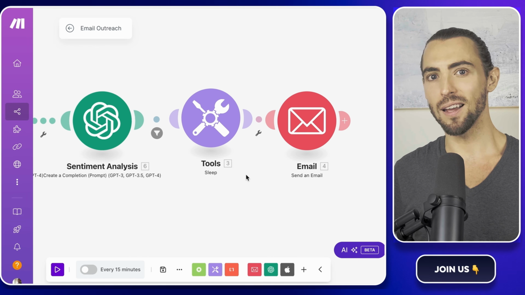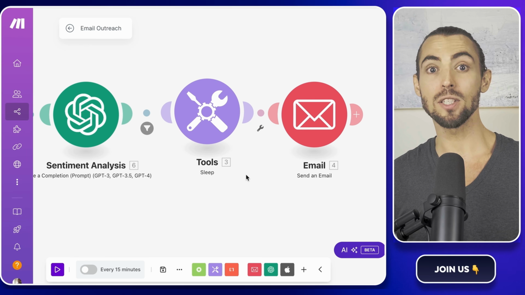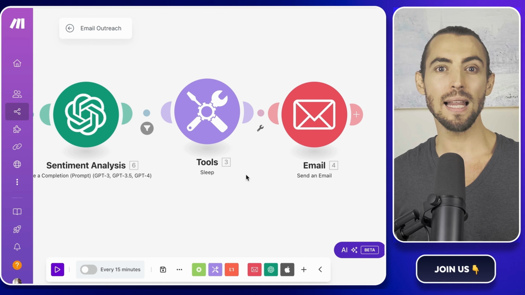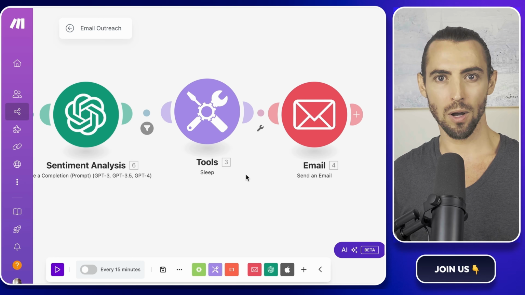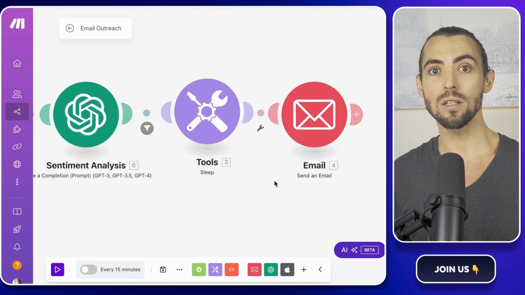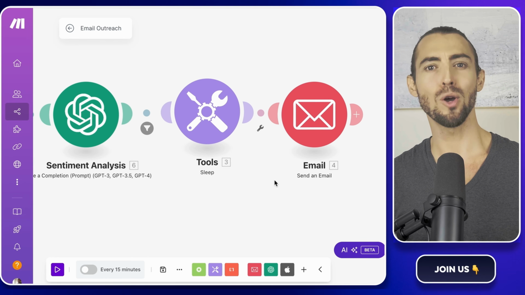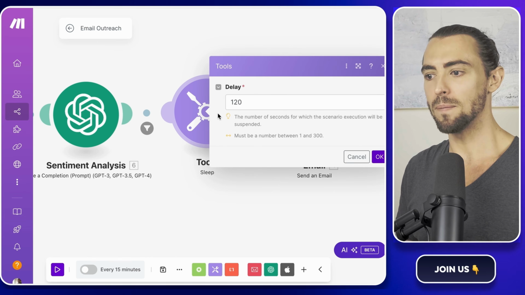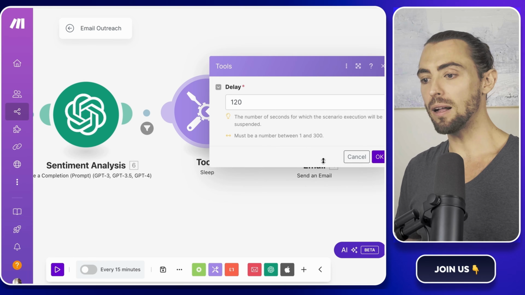Now, here's the thing. Email providers often have limits on how many emails you can send in a short amount of time. And if you hit that limit, it could shut down your workflow, stop sending emails, or worse, flag your account for spamming. No one wants that, right? This is where the sleep module comes in. Before you get into the bulk email action, drop a sleep module in there to space things out,